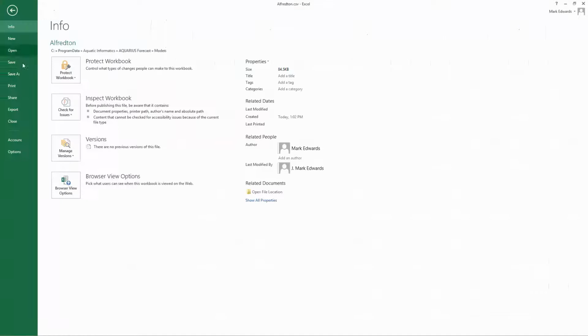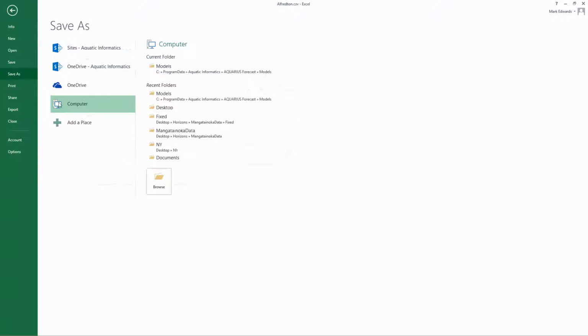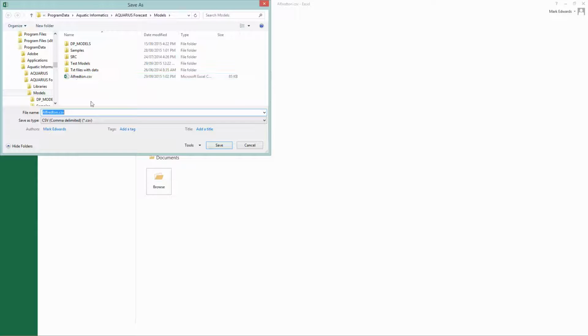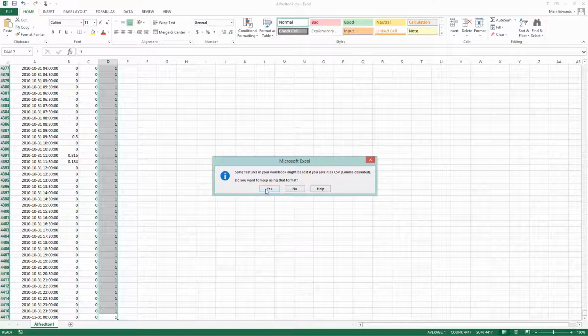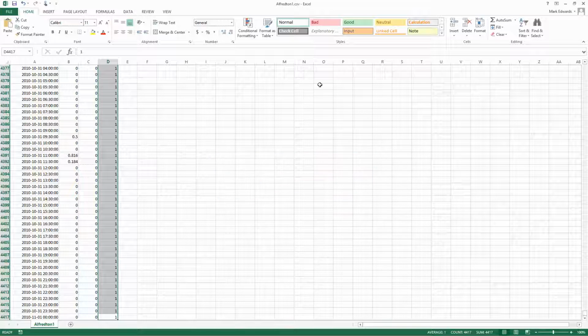Okay, then I'll do File, Save As, and in this case I'm going to save the text file as a CSV. I'm going to save it right here. I'm going to call this alfredin 1 and save. It's best to save it in the exact same place as the model runs so that you can use relative